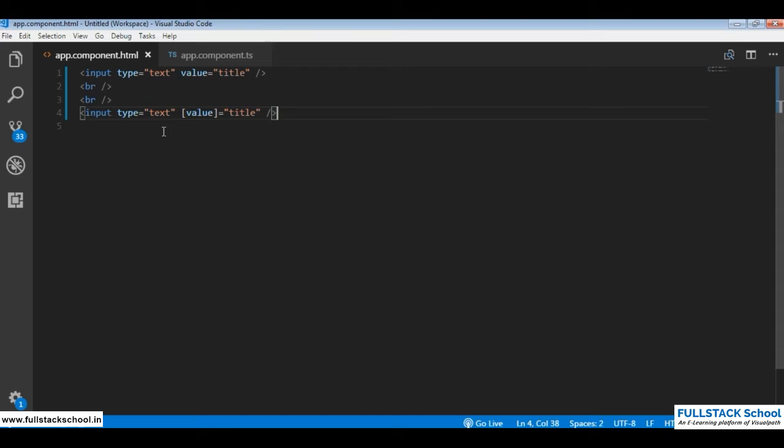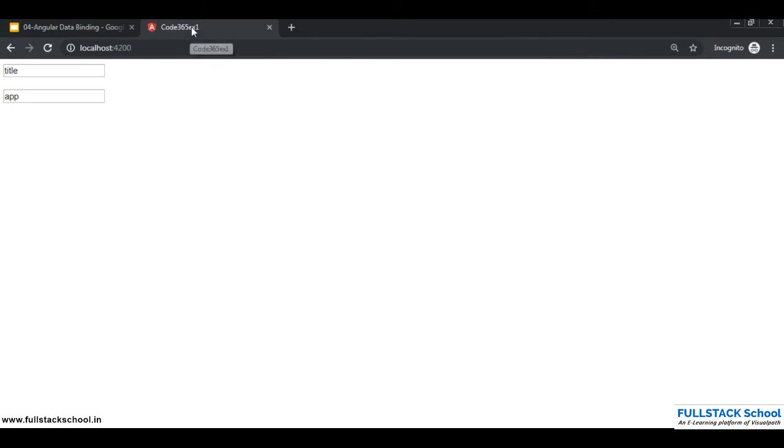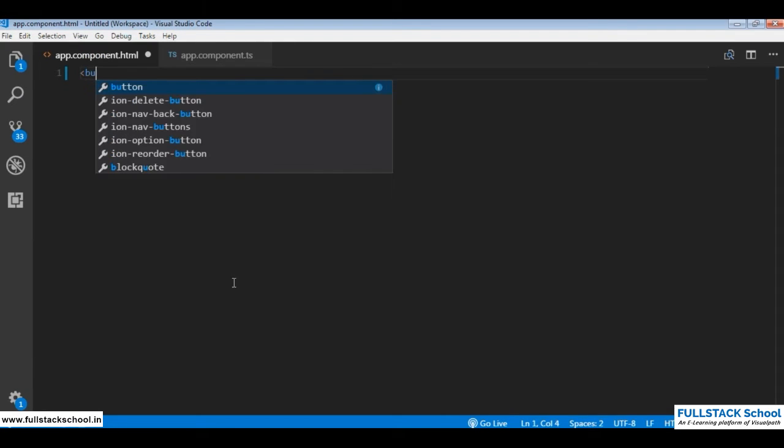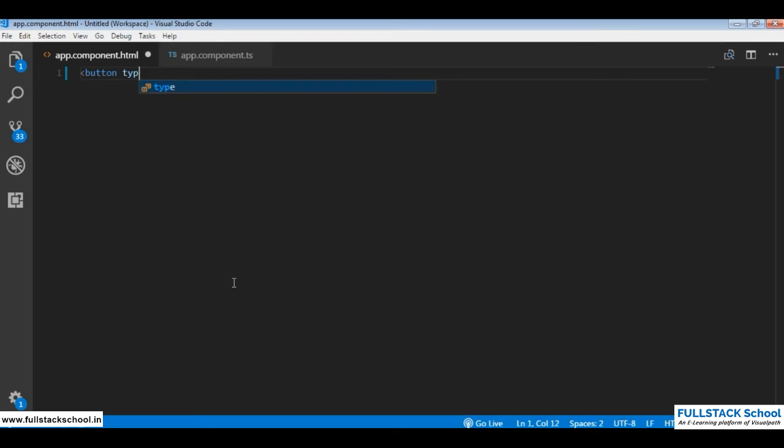And event binding is something opposite. They start at the HTML part and they end in the TypeScript. Now to see an example of event binding, let me have a button, and I'll call it click. I'll save it, and I'll have a button on screen.